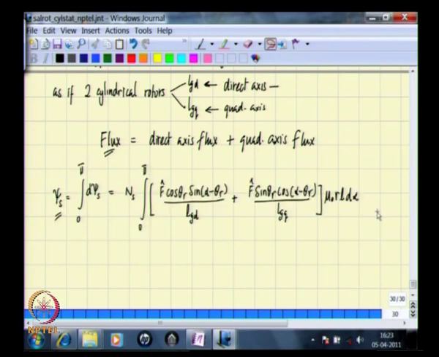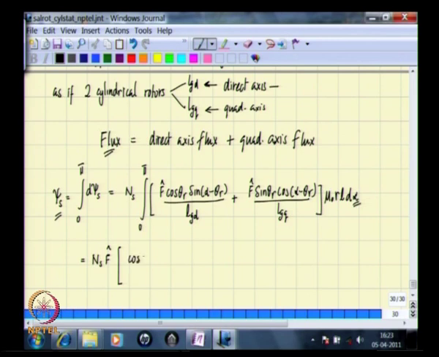So, in order to get the flux linkage, then you integrate with respect to alpha over the range 0 to pi, and this is a function which we have to integrate. So, let us do this integration now. This is equal to ns multiplied by f hat, which is common. So, we take that out